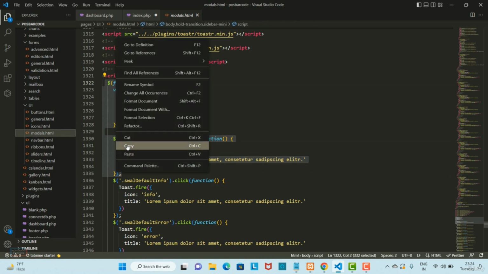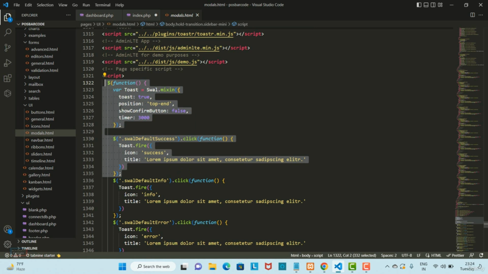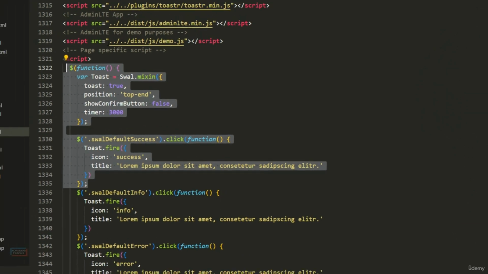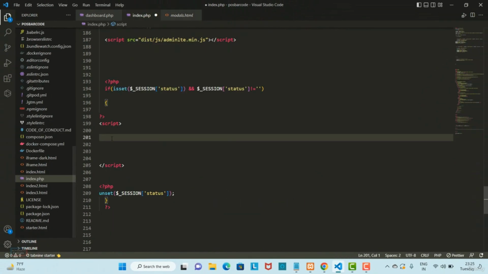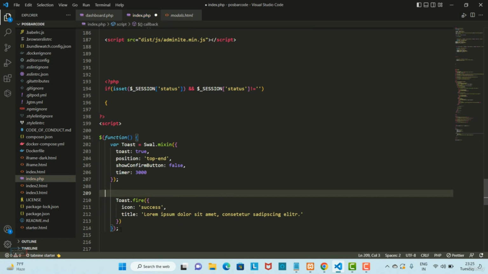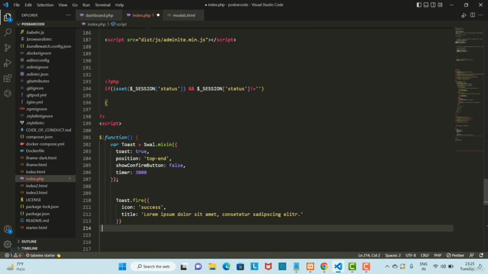Focus on that line. I am copying from here to here. Okay, so don't be confused, and let's paste these lines just inside the script tags. Let's paste here, and let's just remove this function and remove this. Okay, and you can see here we need to close this function also, so let's close this